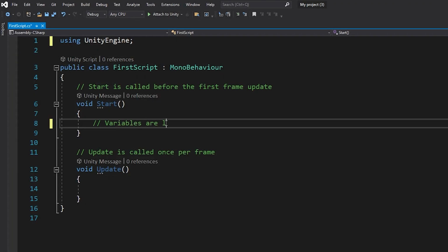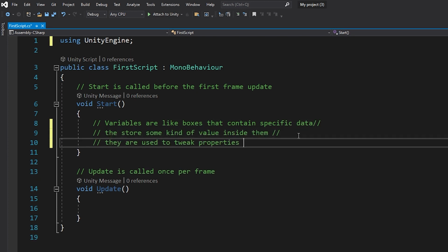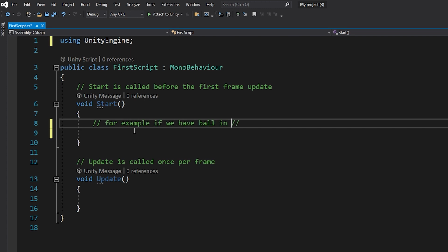We have the variables. Variables are like boxes that contain specific data. They store some kind of value inside of them. They are used to tweak properties of your object. For example, if we have a ball in our project, we can create different variables to our ball like speed,